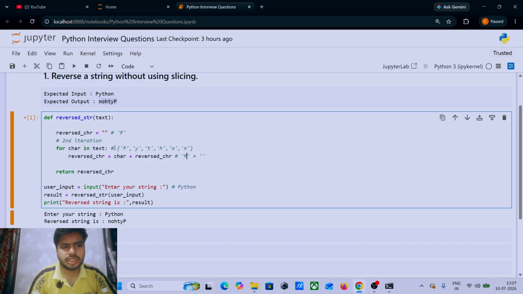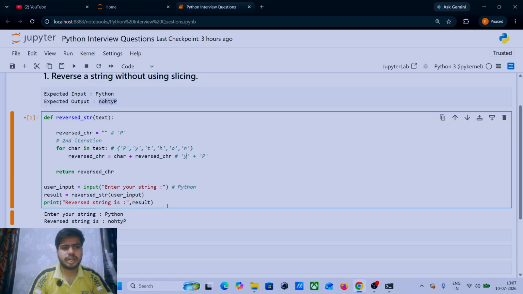It will again run letter by letter. This time the y comes here, so the p goes to the end, because the reversed character will come here. In the second iteration this p will be here and the y character will be in front.